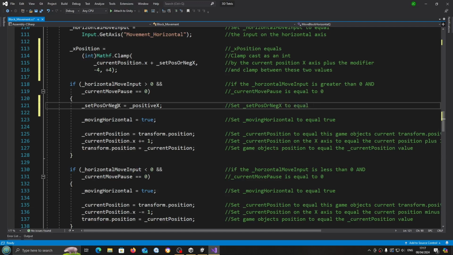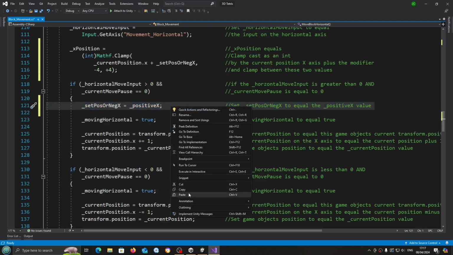To equal the positive x, and you can put value or variable, whatever you want, however you want to word it. Let's just copy that line,